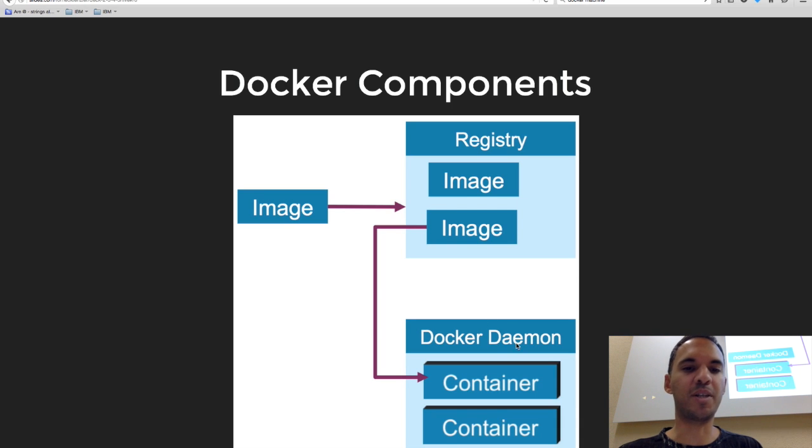And another component is the Docker daemon. Docker daemon is a process which runs on your Docker host, which is implemented in the Go language. Anybody has heard about the Go language? That's a language Google invented, and all that cloud stuff is implemented in Go. So Cloud Foundry, Docker, OpenStack, Rocket, whatever, it's implemented in Go. It basically looks a bit like Java, but it generates a binary. And that binary can run directly on the operating system,